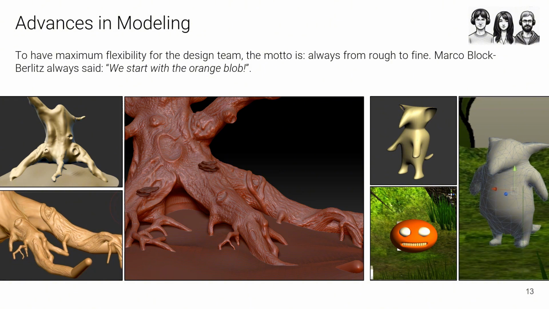We start with something as rough as possible, try it out, and see if the world is composed harmoniously. Only when we see that the things we've designed work and that we're going to keep them, the level of detail gradually increases. This way we don't put a lot of time into things that we might discard later. That gives the design team the most flexibility possible. We see the same thing with the protagonist. I always like to say we start with the orange blob as a placeholder. Then, over time, we differentiate the character more and more.